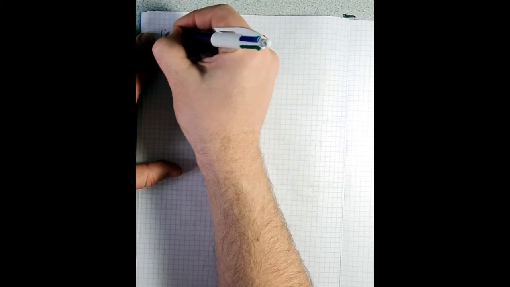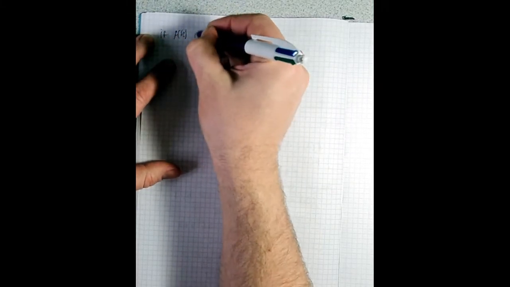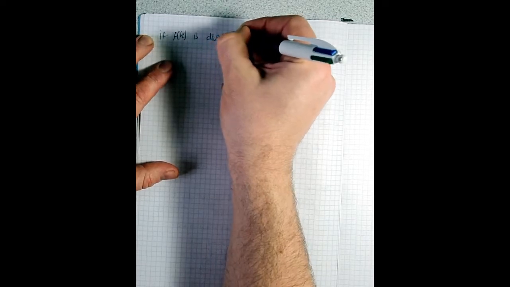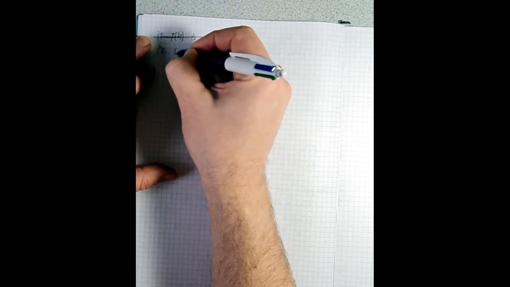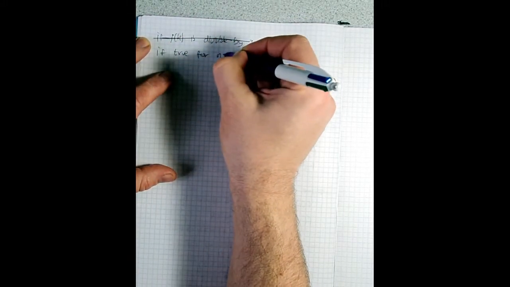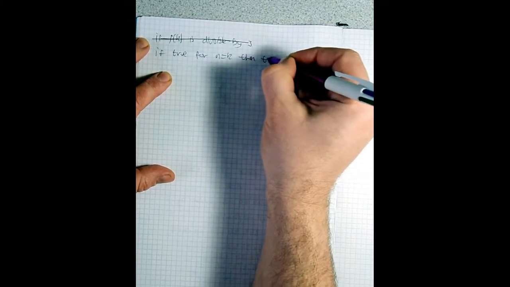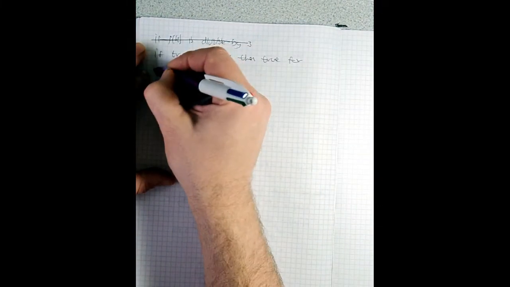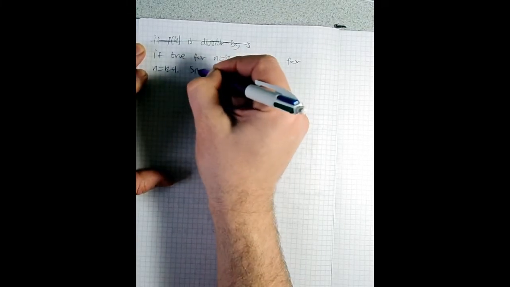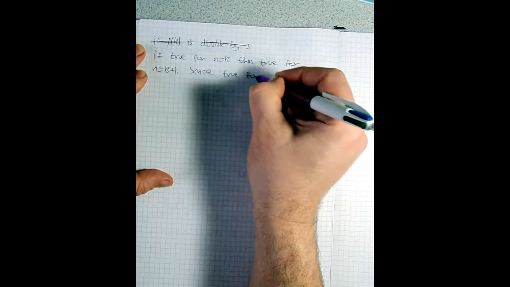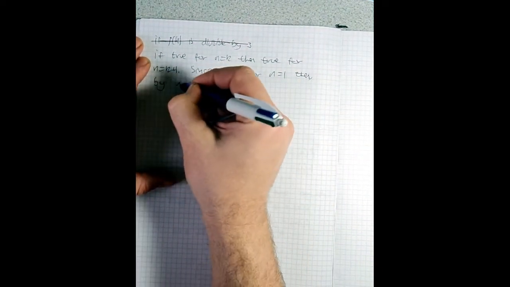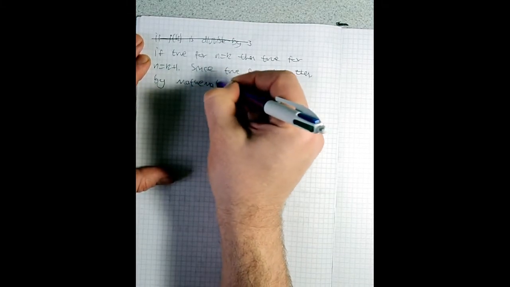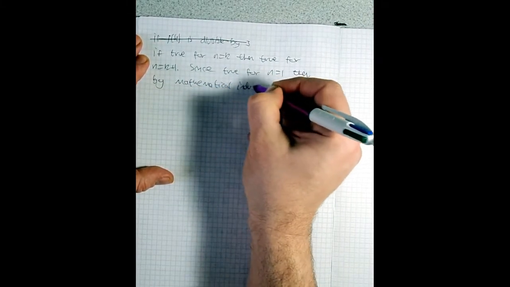So, if f of k is divisible by 3, no, let's not write that. If true for n equals k, then true for n equals k plus 1. Since it's true for n equals 1, then by mathematical induction,